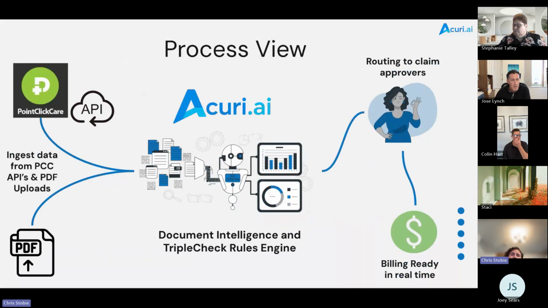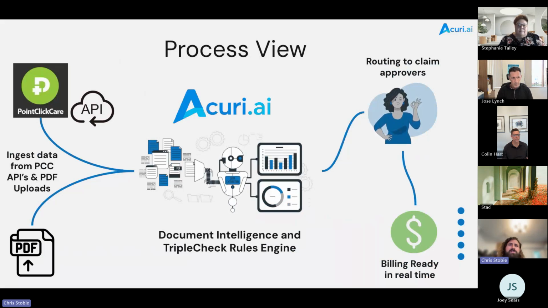At the highest level, the way that we work is we ingest data from two primary sources, the first being Point Click Care directly. So we are a partner with Point Click Care. We're in their marketplace. We pull data from their APIs. We pull data from them programmatically. And then the second area that we get our information from is document uploads. Point Click Care doesn't support all of the data sources that we require. I'm sure you guys know in order to complete a claim. And so we allow you to upload a document, say MDS or the common working file, and we analyze the